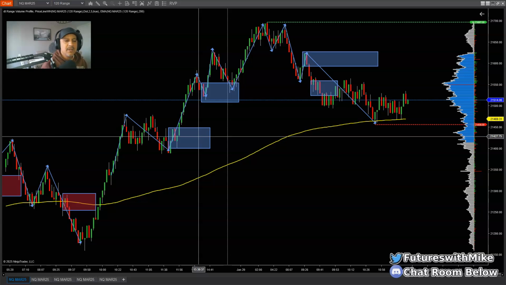Wait for the setups. Don't try to force the envelope, because you probably experienced this in the past. The more you force the envelope, what happens? You start blowing accounts. You start wasting money, throwing money out the door. Be patient and look for the greater opportunities, the better setups to actually take. That's what I'm getting at here at the end of the day.